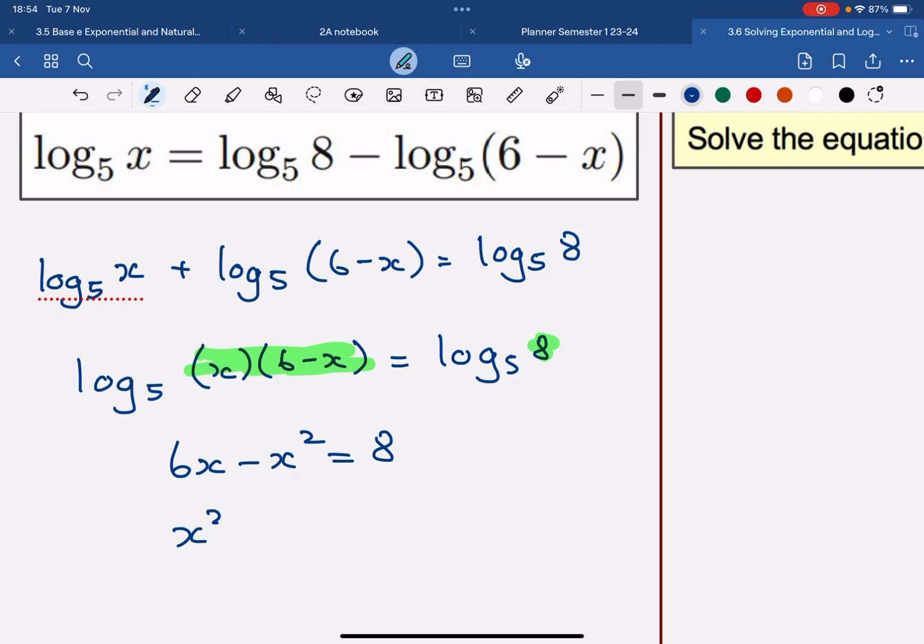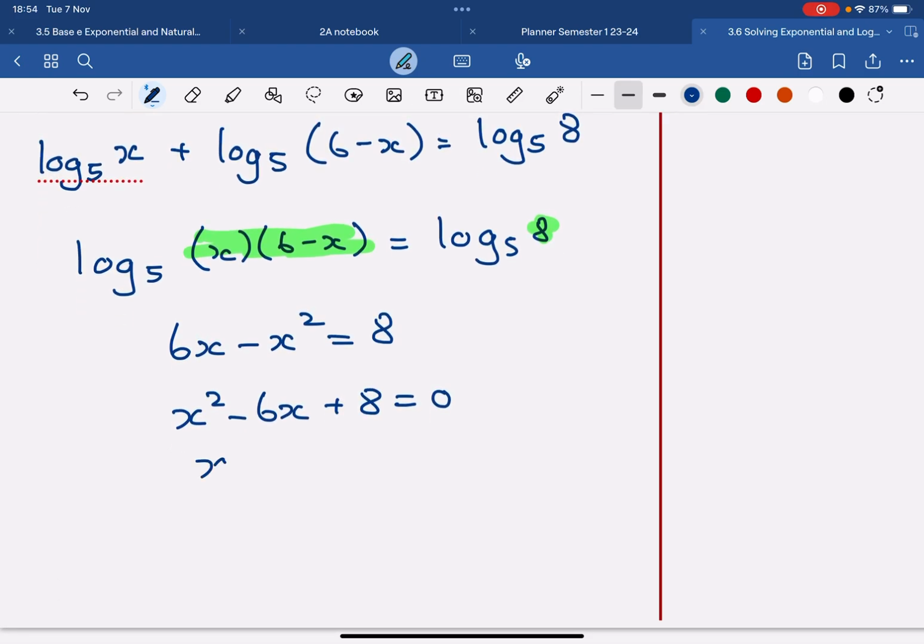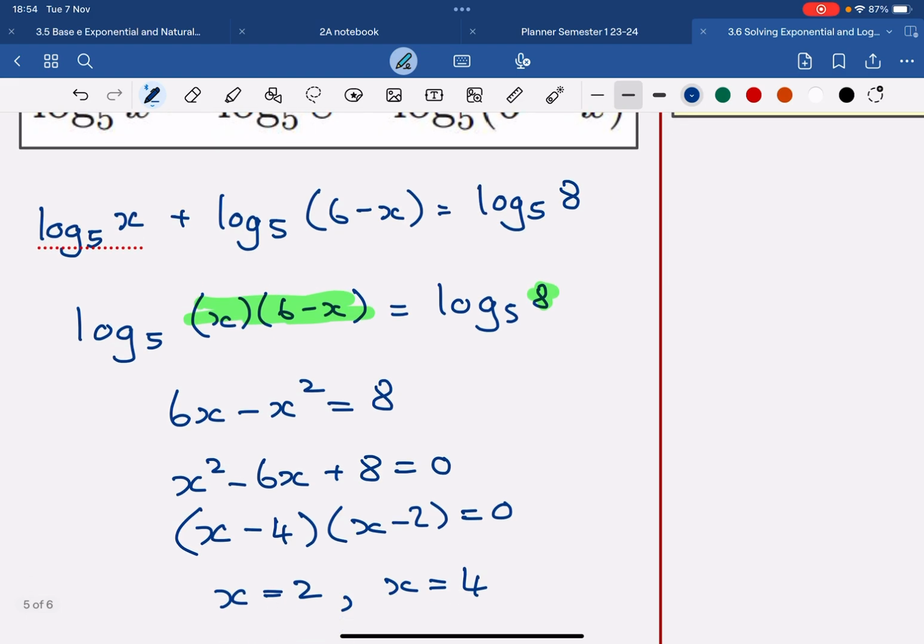It's now a quadratic equation. I'm going to make that quadratic equation equal to 0. I think this will factorize into minus 4 and minus 2. And it looks like my answers are 2 and 4. But what I'm going to do is go back to the top and check